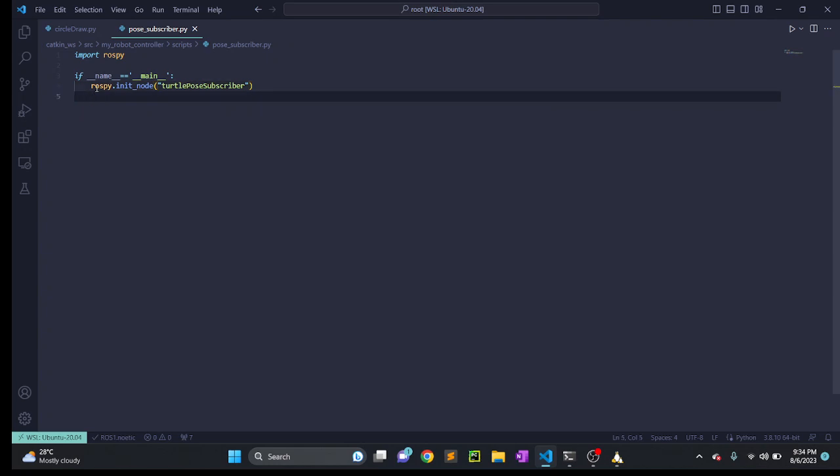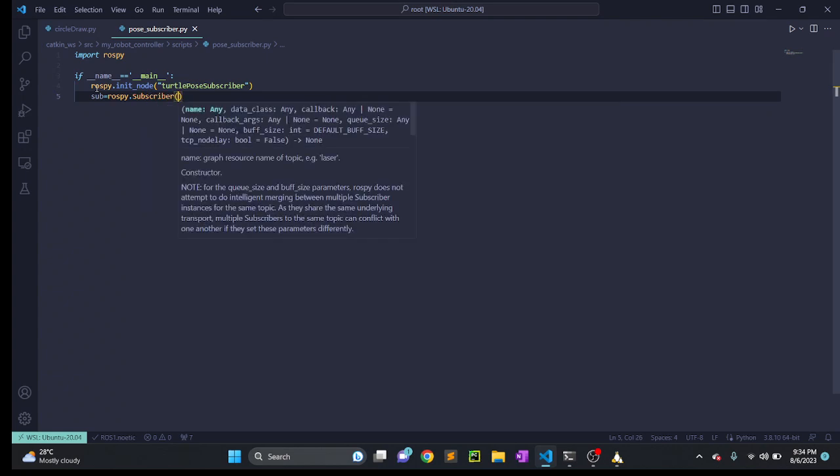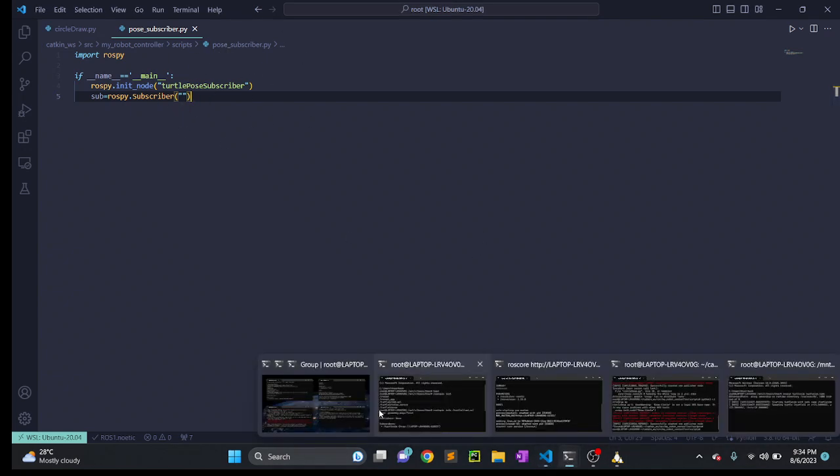After initializing the node, I need to store the value sub, and just use this function for the working method of the subscriber node. Yeah, the subscriber, and from before I need to get the exact working path and the type of this subscriber node as well. So for that,